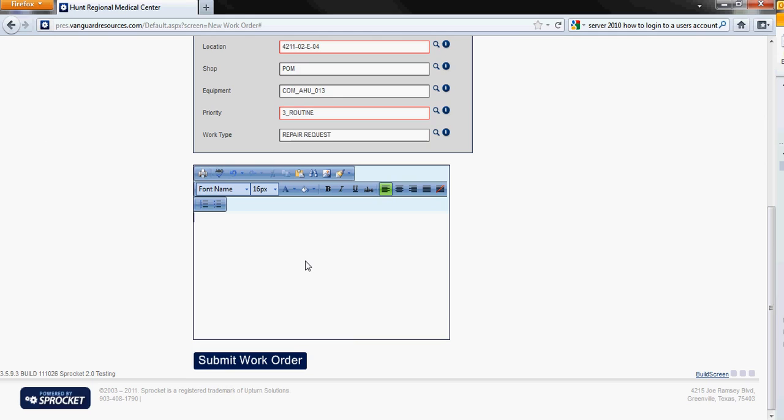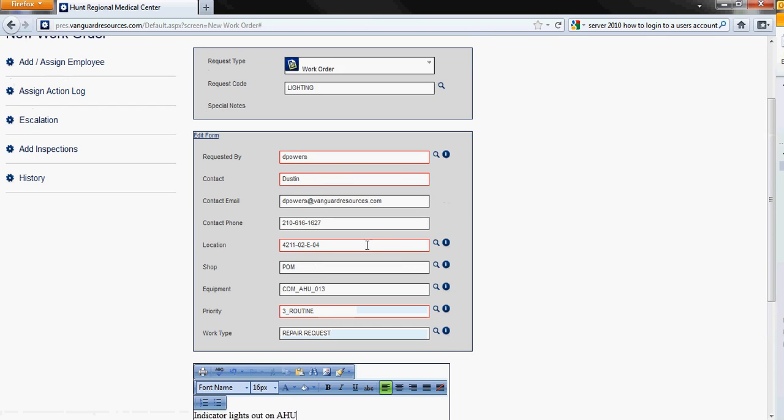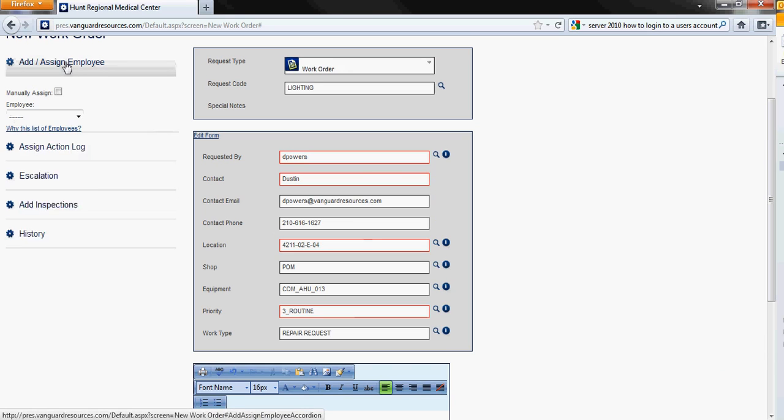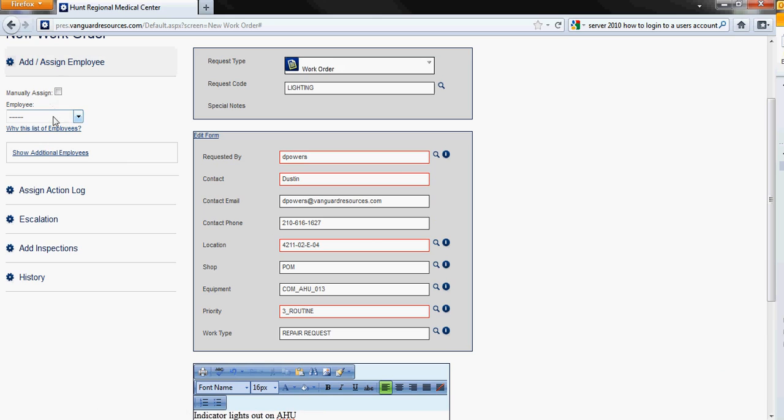It's important to take good notes down here so that we know exactly what's wrong with whatever you're submitting the work order for. So I'm going to put that the indicator lights are out on the AHU. Okay. Now if you have the ability to assign an employee, then up on the top right here you'll see